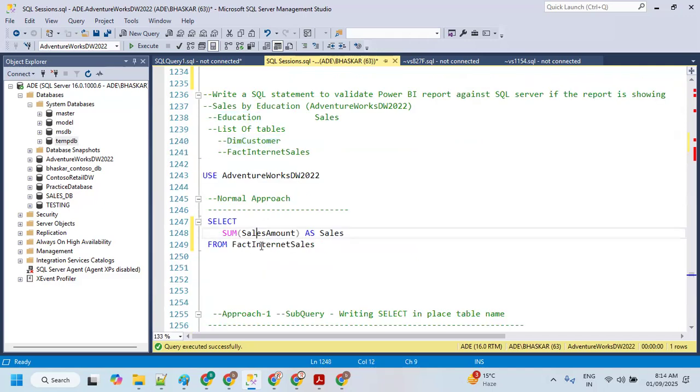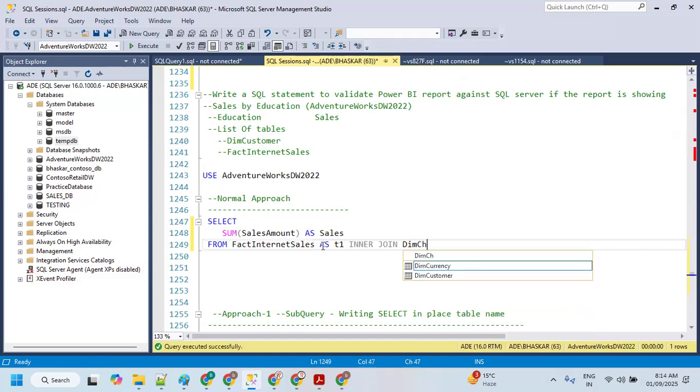That means this table should join with the dim customer table. To join with the dim customer table, we need to write as F, or let's say T1, inner join with dim customer table as T2